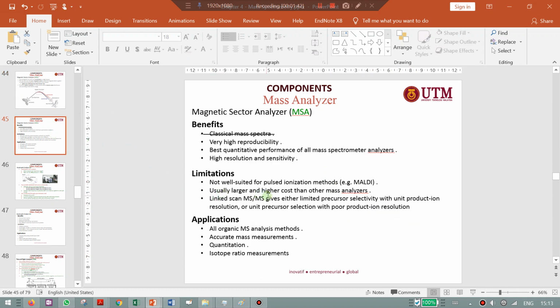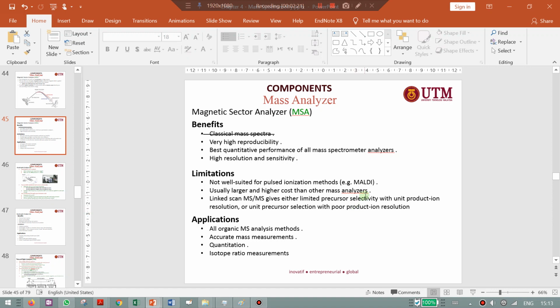Usually larger and higher cost than other mass analyzers. Maybe I'm not really sure because I have not seen the mass analyzer. Maybe you can try to Google how big it is. But from here, usually it's larger and higher cost than other mass analyzers. But we are not really sure because nowadays it's very modern, so maybe they can improve the mass analyzer. Linked scan MS/MS gives either limited precursor selectivity with unique product ion resolution or unique precursor selection